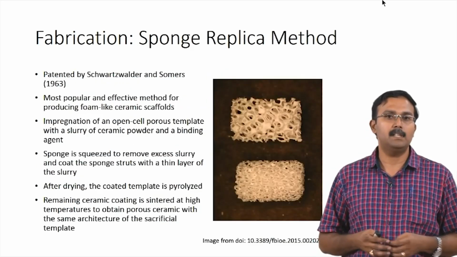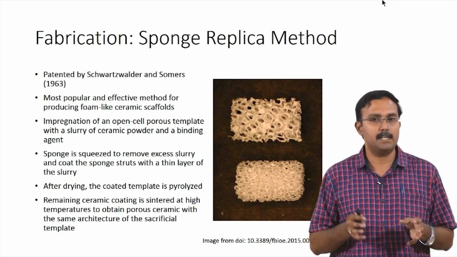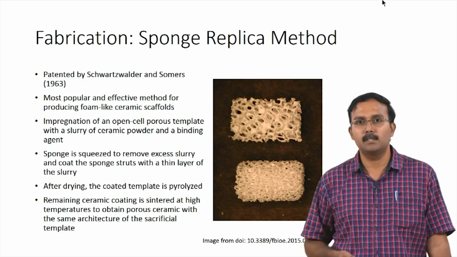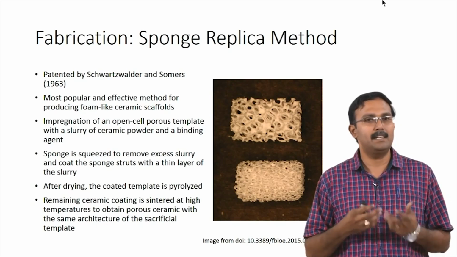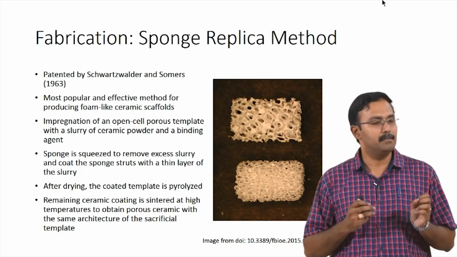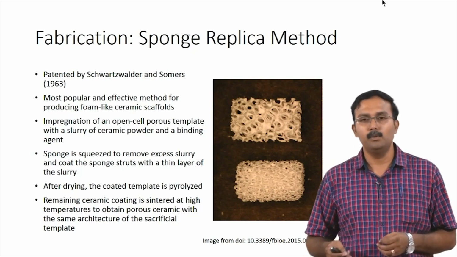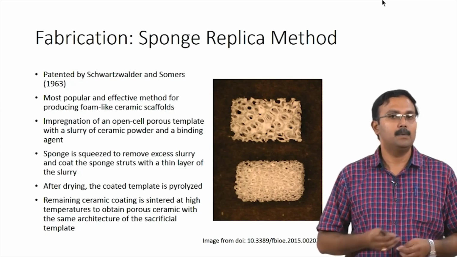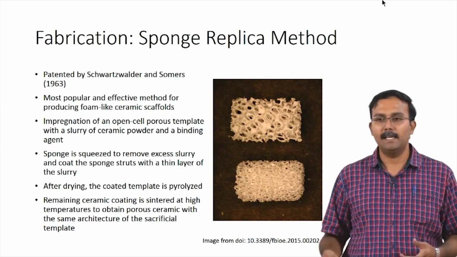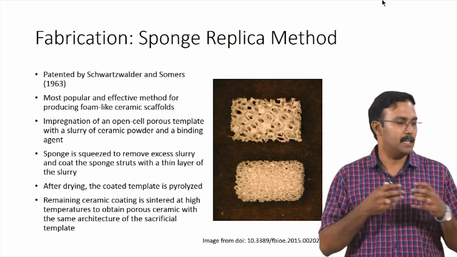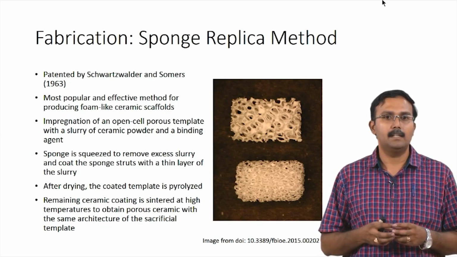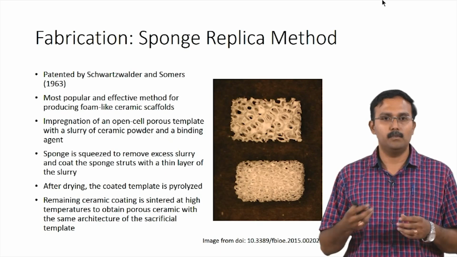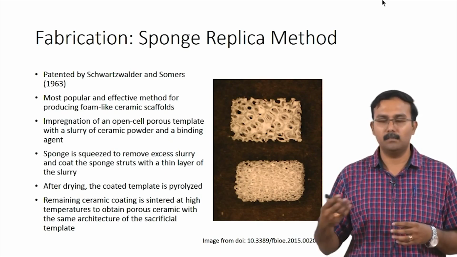The sponge replica method is the most common method which is used for commercial materials. What you see here are commercial bone grafts which are manufactured using the sponge replica method. The technique itself was patented in 1963, and this has been quite popular and very effective. What you do is you impregnate an open cell porous template with a slurry of ceramic powder and a binding agent. You first create a template, the shape in which you want to create the scaffold, and this is usually made out of some natural or synthetic polymer,